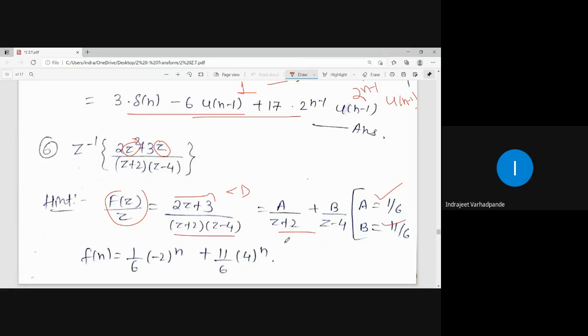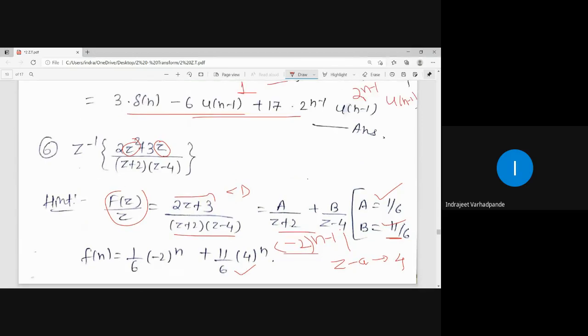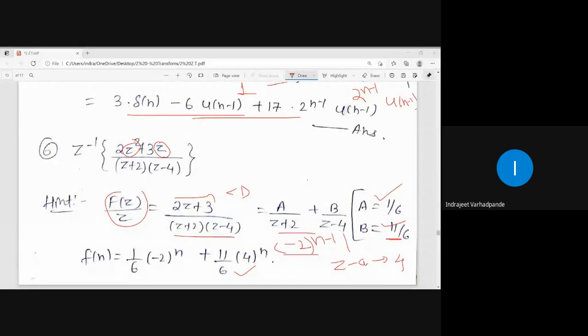Z plus 2 means a negative number will come, z minus of minus a, instead of n you take it as n minus 1 if you want. So minus 2 to the power and 4 to the power, because it is z minus a. In z minus a, a is 4 here. So accordingly it is positive, and these are the coefficients of the constant terms what we have calculated over here. So these were all the respective examples related to the first property or first